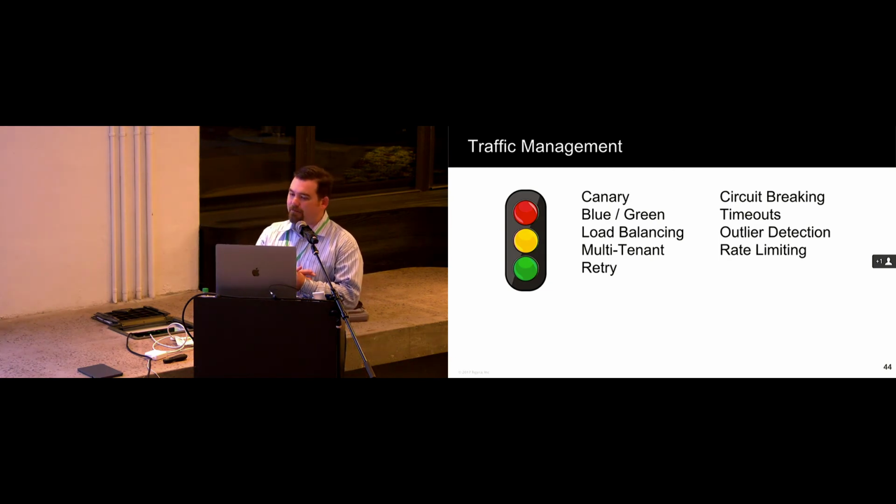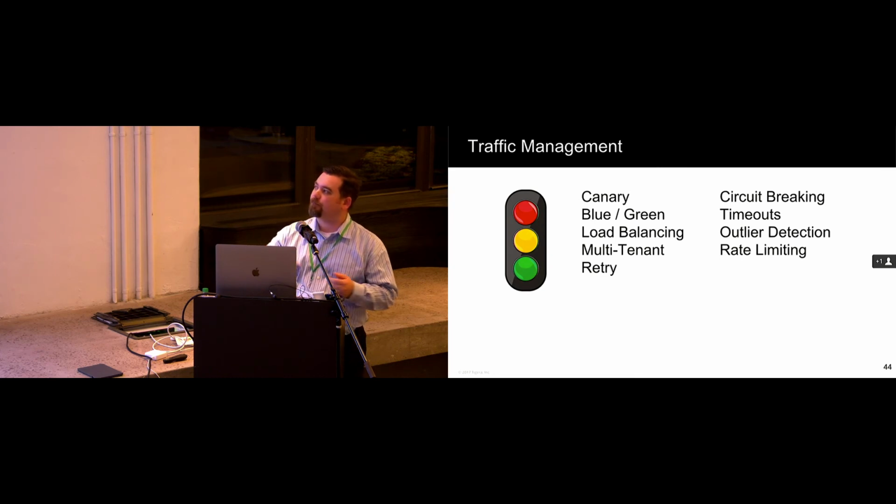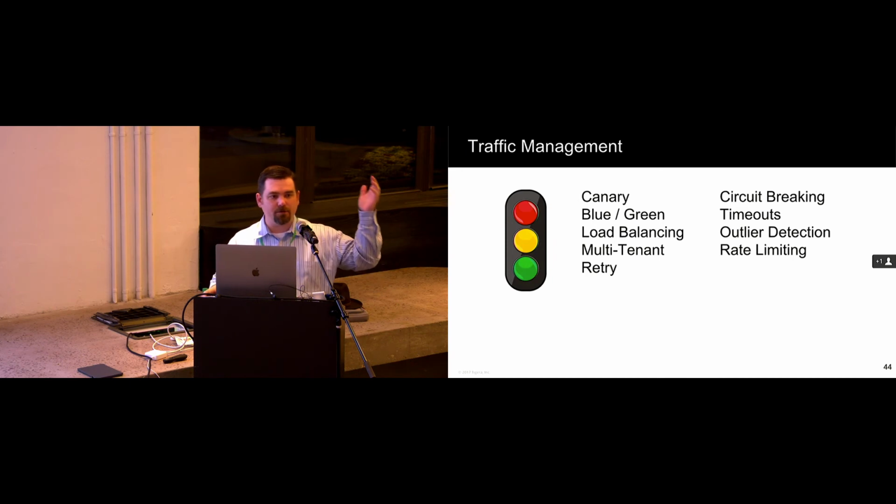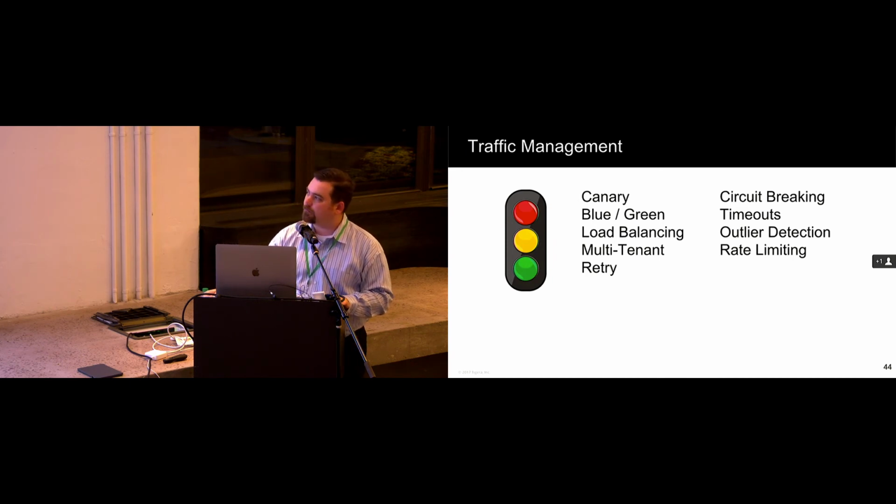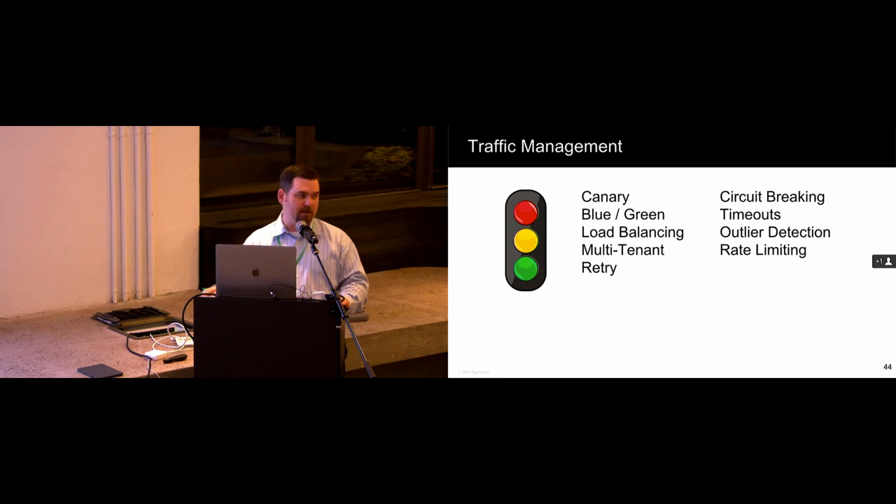As far as traffic management goes, this is dealing with things like canary deploys and blue-green deploys. These are all common scenarios now in very large-scale platforms that need to be able to evolve and iterate components of their platform without having to make a massive Flag Day approach. And this basically gives us those capabilities.